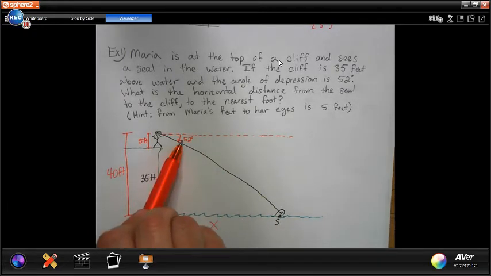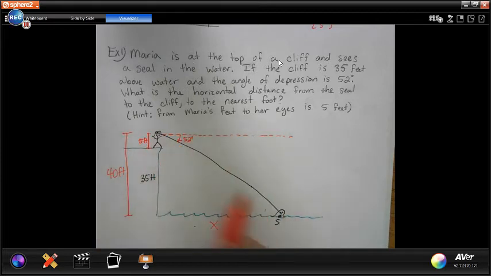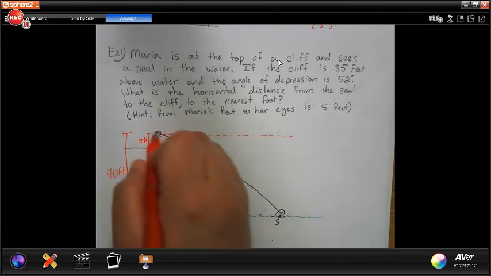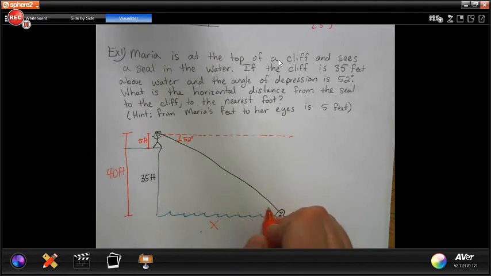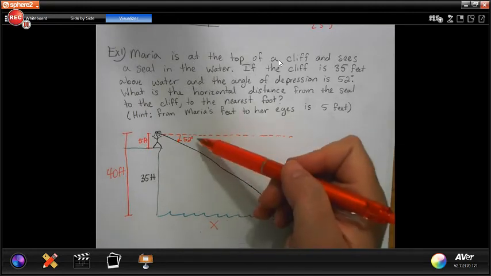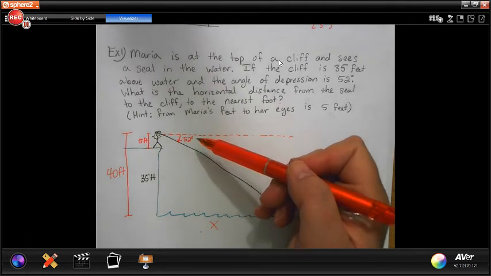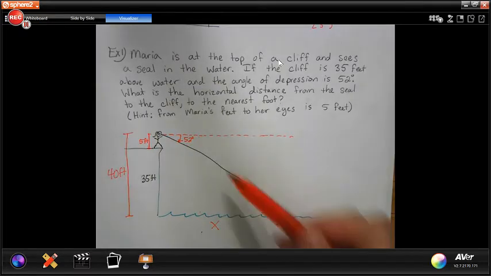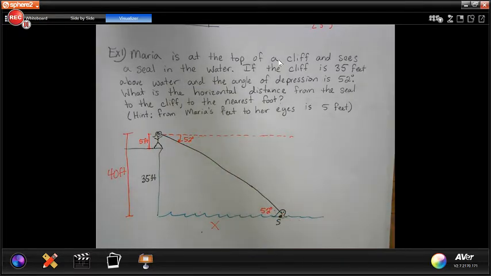We know that this angle of depression is 52 degrees. That means our angle of elevation, that does not go against the cliff. The angle of elevation would be down here against the water. Remember, it makes the Z shape. So this angle and then the water. So that means this is 52 degrees also. So even though it said the angle of depression, we can put that number in the angle of elevation as well, because the angle of depression and the angle of elevation are equal. And then we do our SOHCAHTOA